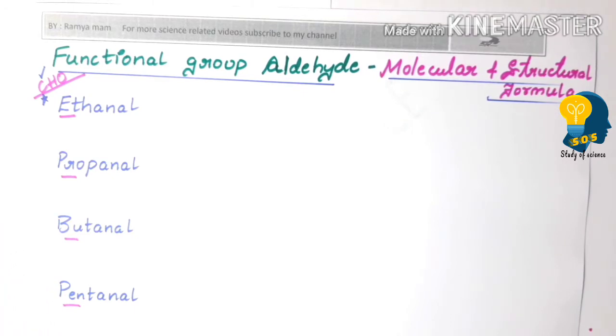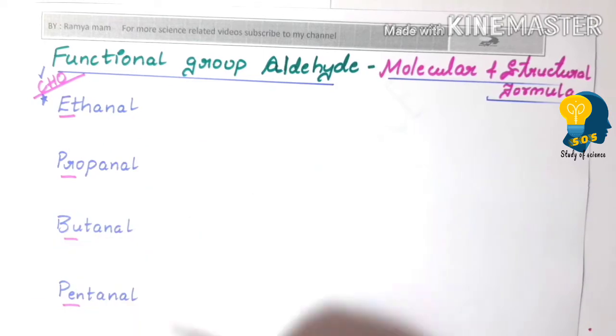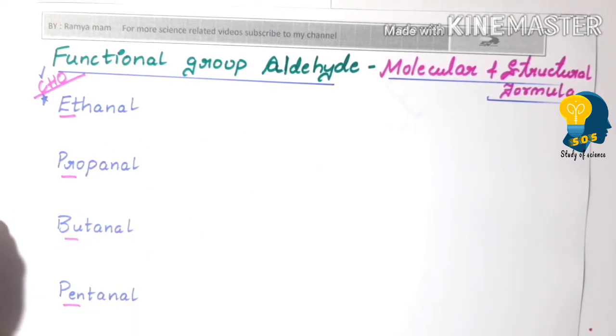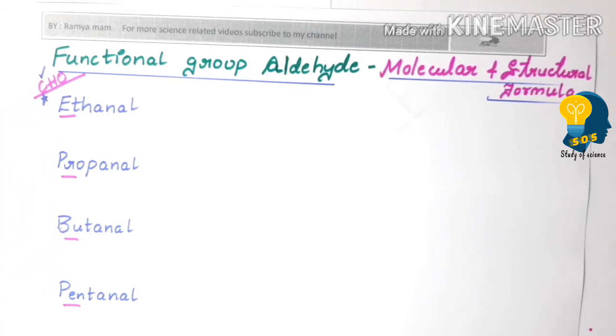As we know, the alcohol group has the suffix OH, where there is no carbon in the suffix. The functional group does not contain carbon, whereas the aldehyde group contains a carbon atom in the functional group, that is in the suffix. So this is also counted in the longest carbon chain. Now let's start writing the molecular formula. As I told you, eth means 2. So one carbon is already in the functional group, another carbon will be in the longest carbon chain.